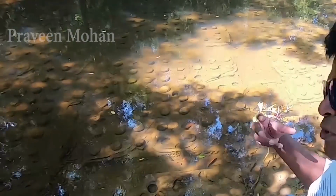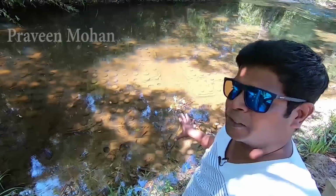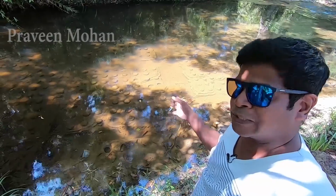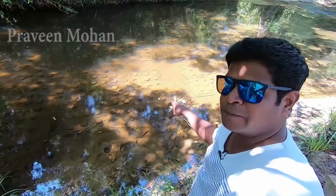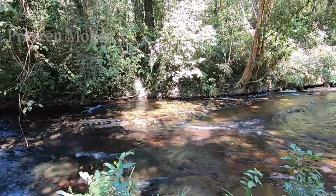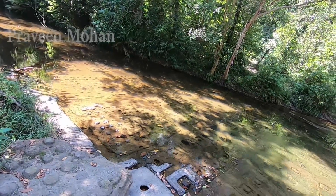Now, what is the mystery of this? And more importantly, why were these 1,000 lingams carved underwater? Cambodians, who used to be Hindus more than 1,000 years ago, believed that lingams have strange energy and they're capable of making everything fertile. Now, why did they make these lingams on top of this mountain in the path of